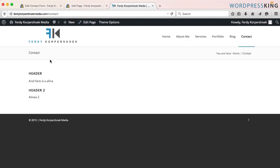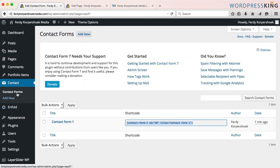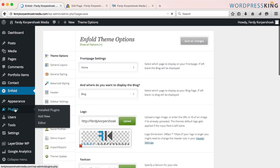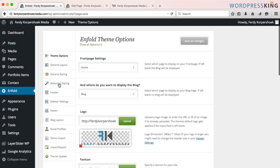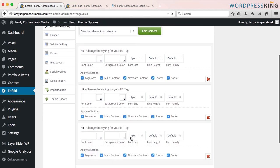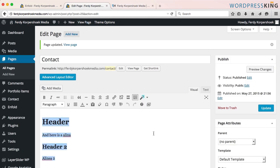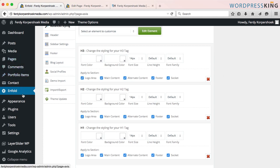And what you see is that header 1 and header 2 are the same sizes. That's because I chose it to be like that in Enfold, Advanced Styling, and H3, H2, H1. They're all 14 pixels. So, for now, I want to remove all this. I want to go back to